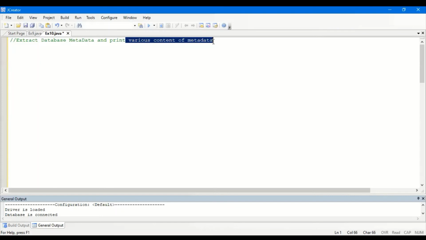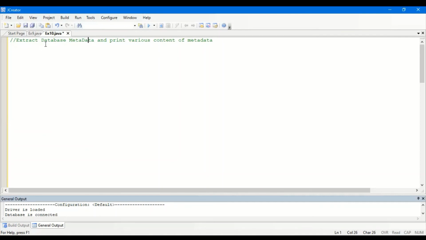Various types of data are available in the database metadata. Then we are going to extract the metadata and print some of the contents, because it contains more details about the data, but we are going to consider only a few of them.